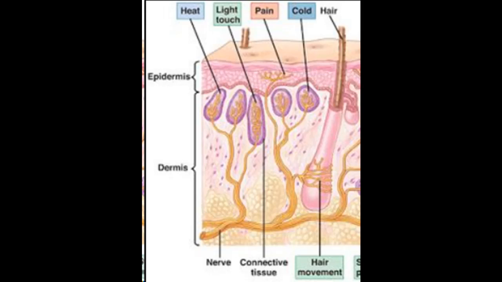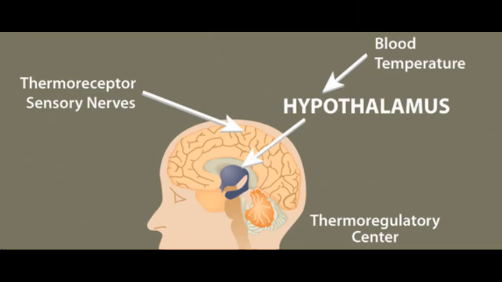These are called special senses. That is about the sensor. The next component is that the message is sent to the brain. The brain centers are something like the central processing unit in a computer, so they are called control centers or controlling organs. That is the next component of homeostasis.